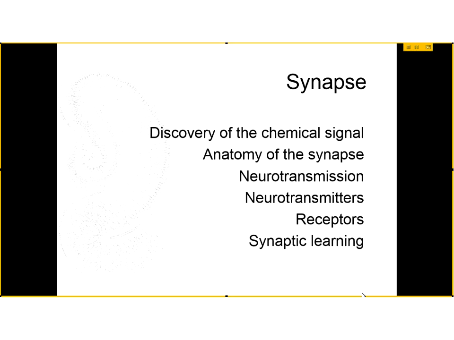So the neurotransmitter is the chemical, the receptor is where it binds and has its effect on that next neuron. Those receptors are an important component. That will set us up to look at something that I think is very interesting, almost one of my favorite sections of this class, which is synaptic learning. We'll get to see that changes in the synapse are really the basis of all of our memories. So an ability to remember what you had for breakfast, to that very first memory of what maybe your 6th or 10th birthday party was like,